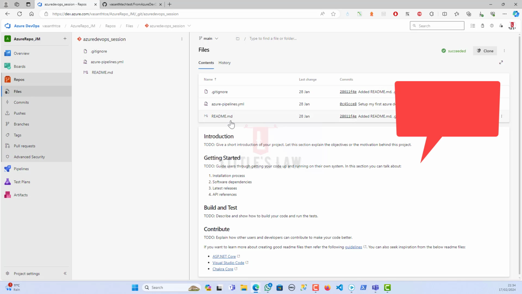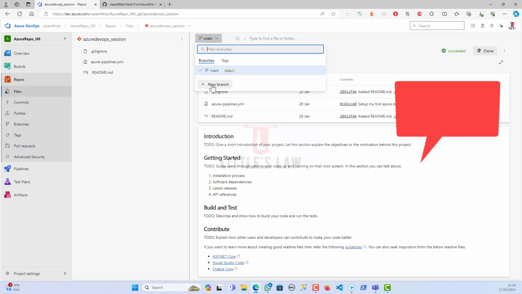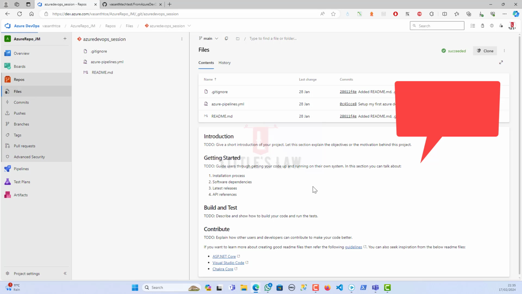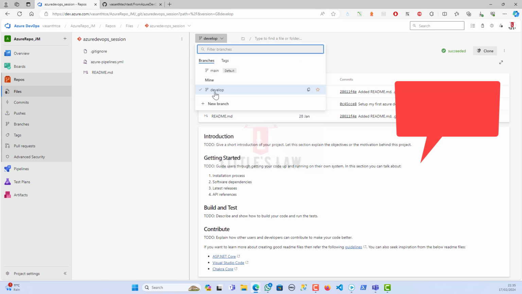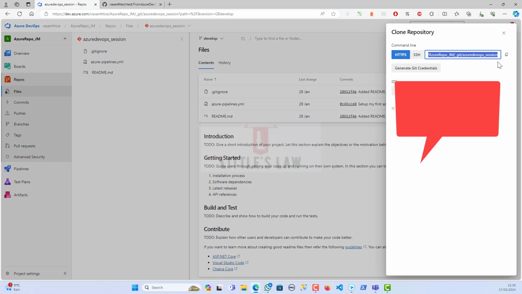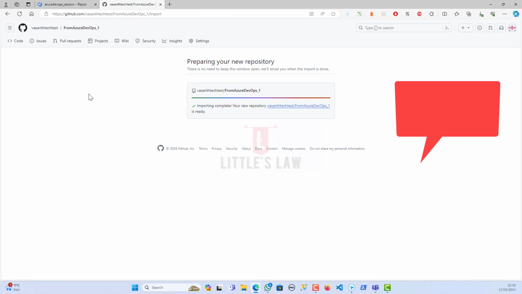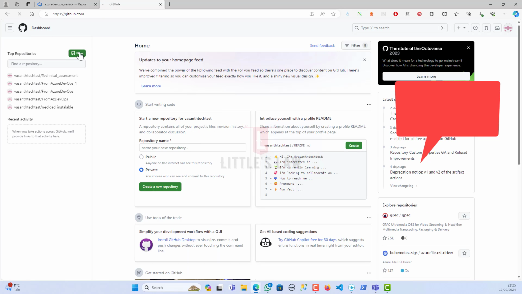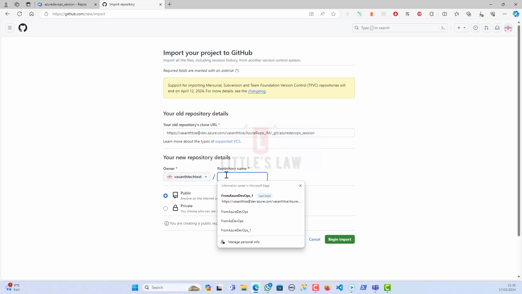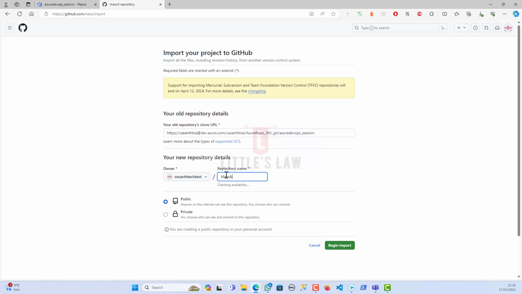Let's do one more thing. Let's create a branch and see what happens. I'm going to create a branch which is going to be develop. Let me create the branch and let's check. Here I have got the main and here I've got the develop branch. Let's now do a clone, the same process. Let's go back, click on the button here, click on new, click on import, and let me paste the URL again. Now this is going to be main and develop